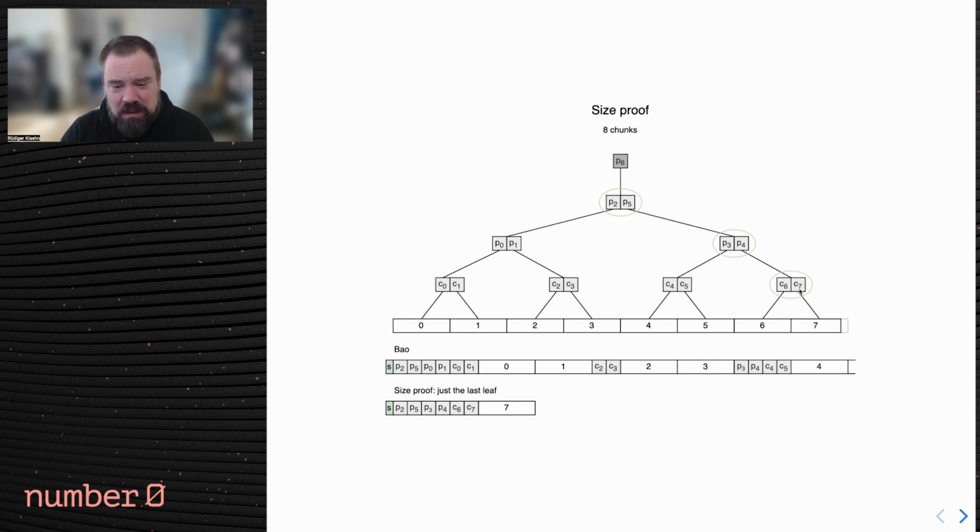So I need to do the typical thing. I need to somehow connect the data to the root. So I need to persist the path from the root to the data. So I need to persist this node immediately below the root, then the right-hand child of that, and then again the right-hand child of that. Basically, I go to the right until I